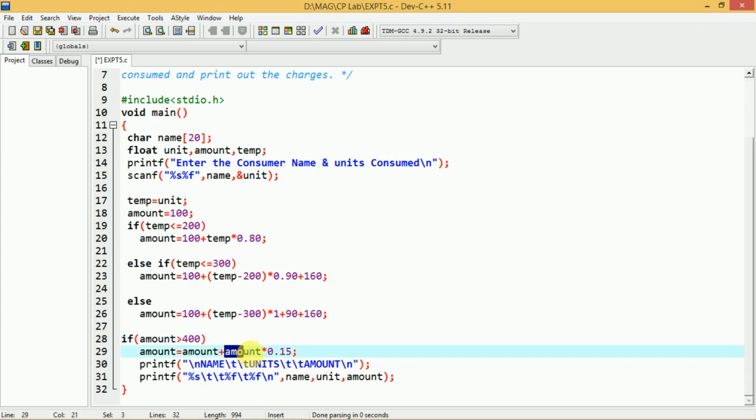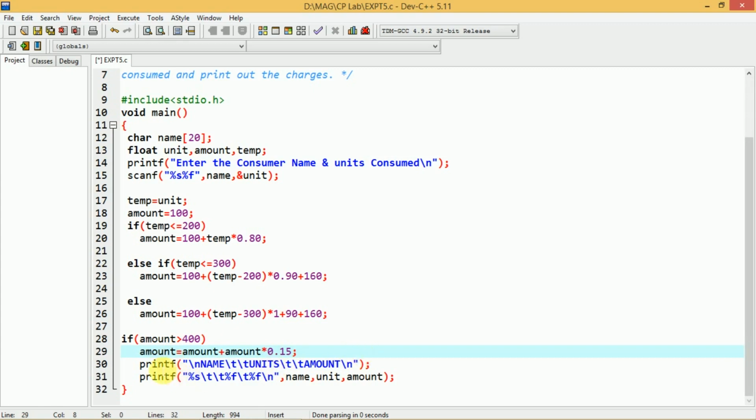This amount into 0.15 will give you the 15% of the actual amount that is calculated. This 15% will be added to the actual amount value, and the new value is again assigned to the same variable, that is amount only. So in this amount variable you have the actual amount to be paid.